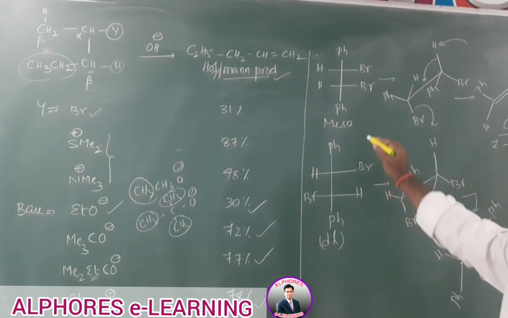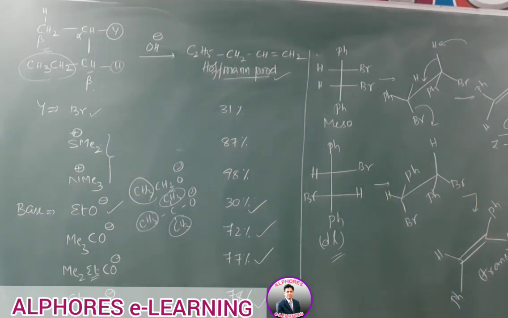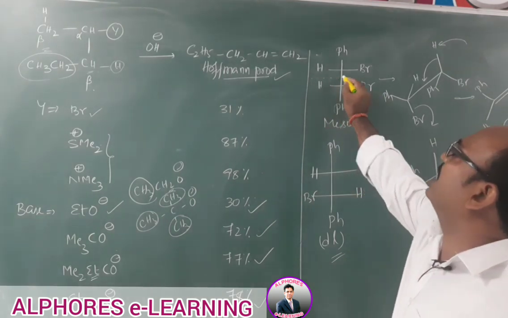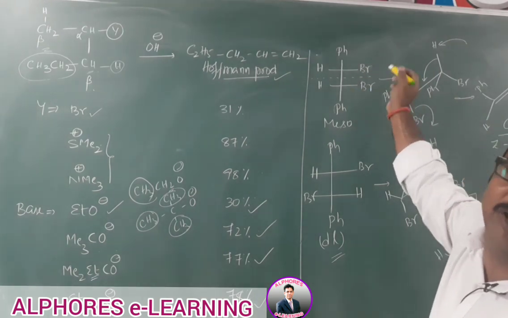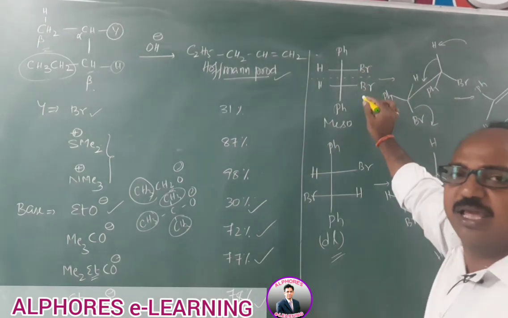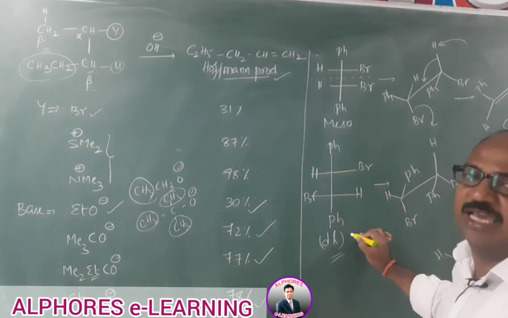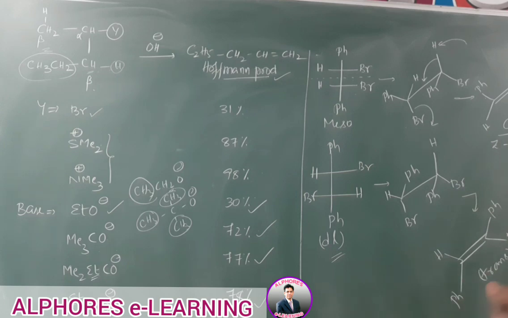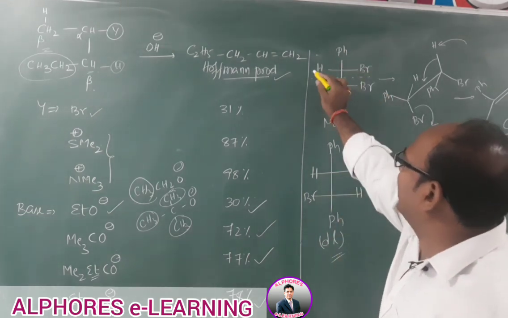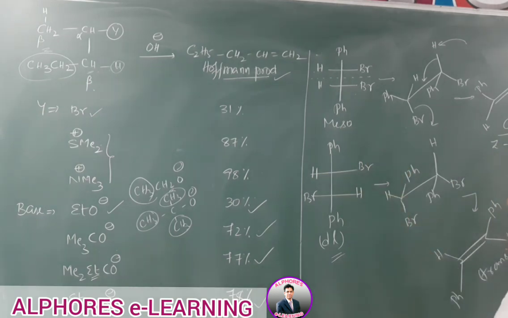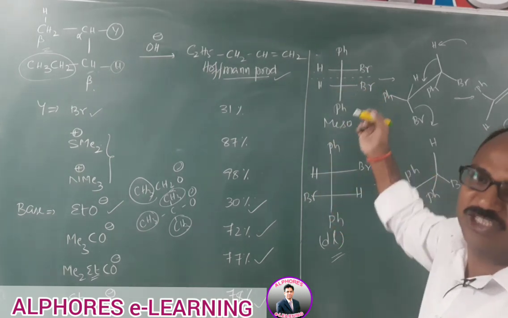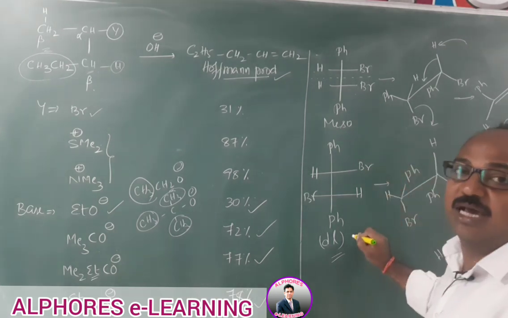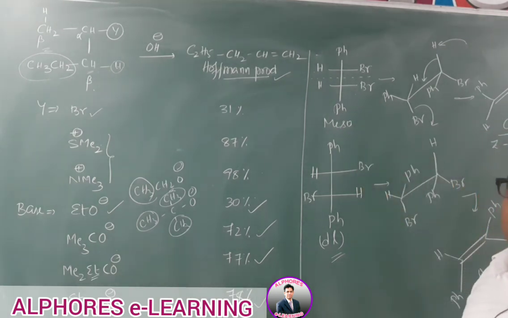So, instead of the meso compound, if you consider the racemic mixture DL: see, if you observe here, this one is meso because of the plane of symmetry, so the net optical activity is nullified. One chiral carbon is R, and the other chiral carbon is S. Whereas in this case, I change the environment at one chiral center. You observe here, phenyl, bromine, hydrogen, I left as such. I am not going to interchange any of these groups' positions, and I change Br and H like this. So these two we can say are diastereomeric. Remember, meso and DL are diastereomers.